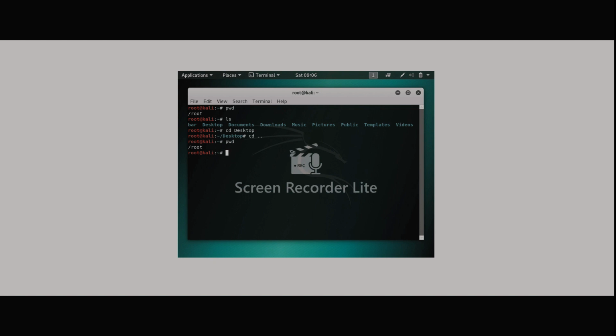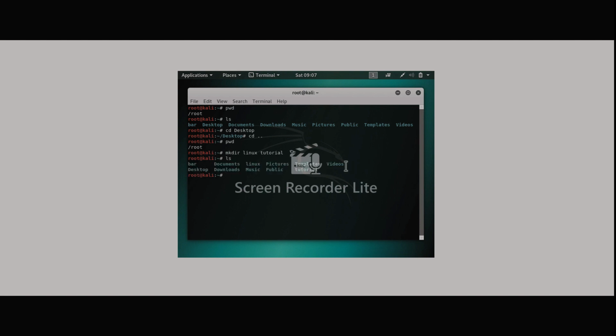Now, if we want to create a new directory, we specify the command mkdir. So let's say mkdir, space, the name of the directory you want to create. Let's say Linux tutorial. Now, if we want to check the mkdir Linux tutorial, we will specify the command ls.